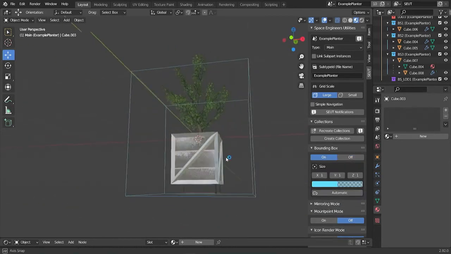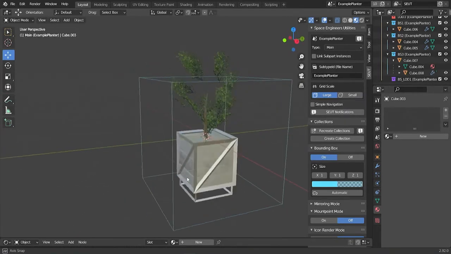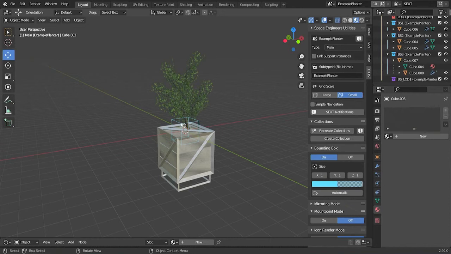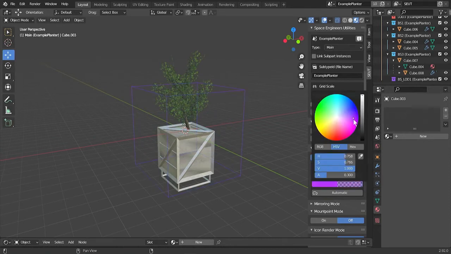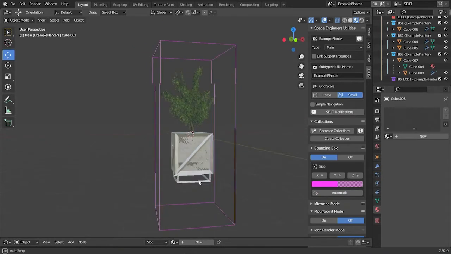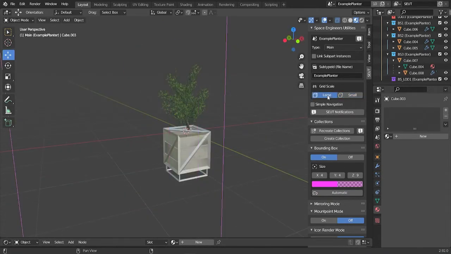Bounding box, quite straightforward. That provides a visual reference to the size of block that you're going to be making. If I choose my grid scale to be small grid, my bounding box becomes a small grid size, and I can use these toggles to change the size and color of that bounding box, as well as choose automatic to have the utilities choose an automatic size for me. I'm going to leave this as large,